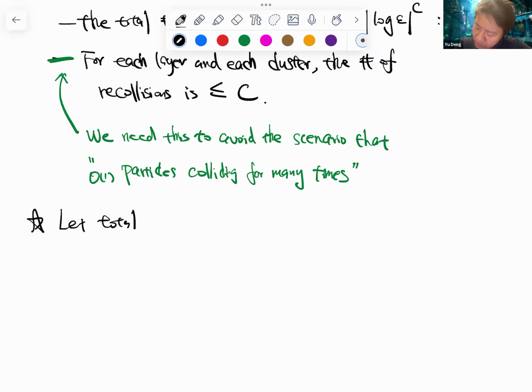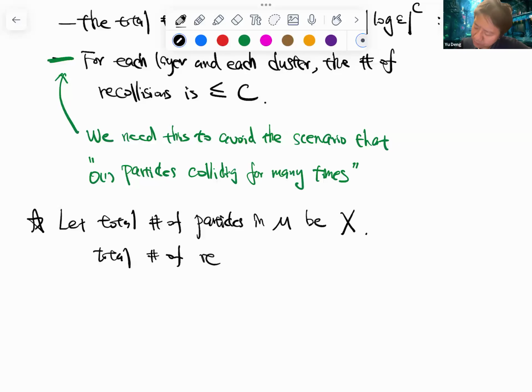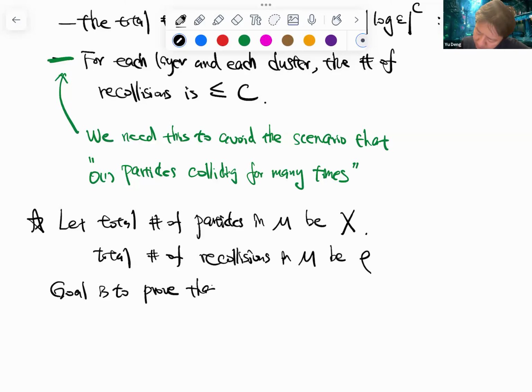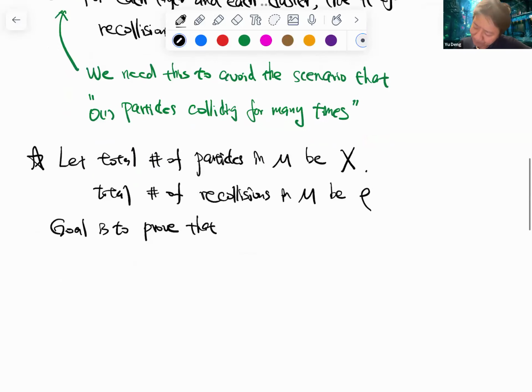Let the total number of particles in M be X, and the total number of recollisions in M be rho. The goal is to prove that